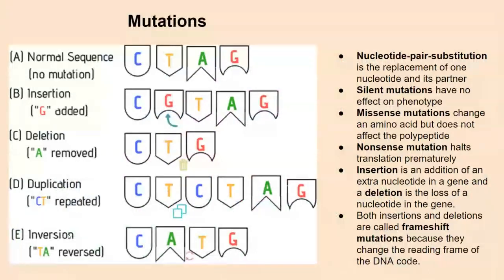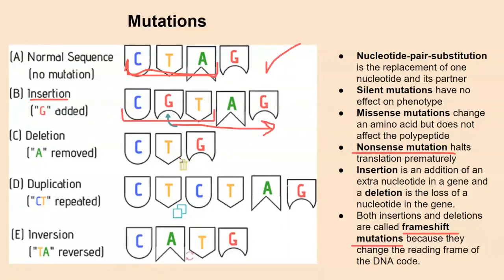So let's look at this example here. We have a normal sequence of C, T, A, G, and remember we read in triplets, so as long as there's not any changes with this single triplet, it will be a-okay. Now, it looks like we inserted a base right here, which will cause everything after it to shift. So this is not only an insertion, but it is also a nonsense mutation, and it is also a frame